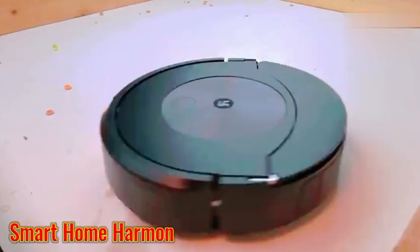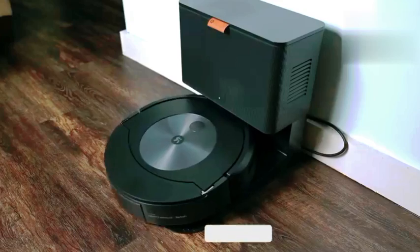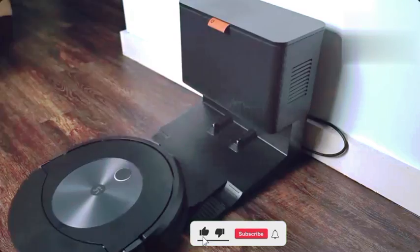Smart home harmony. Seamlessly integrate the Roomba J7 Plus into your smart home setup for a truly connected and automated